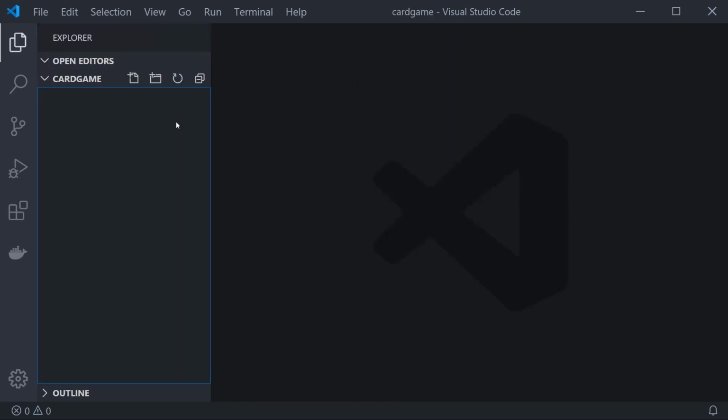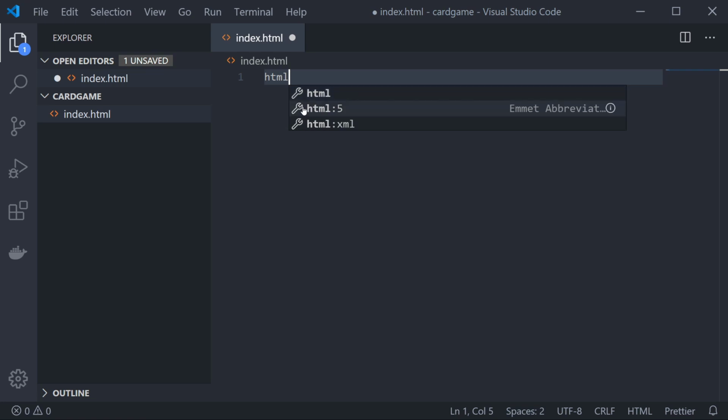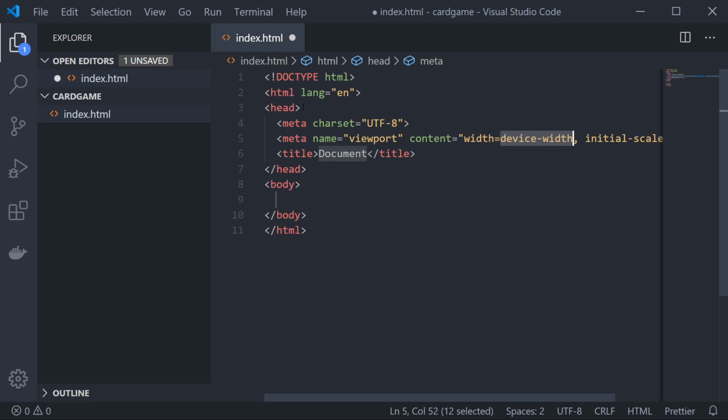So we're in our card game folder now, so we want to create an index.html file, which is going to be the main page for our game. Because we have Emmet installed, we can simply start typing in HTML, choose HTML:5 and hit enter. And that's a nice lazy way of getting us up and running with some HTML. I'm not going to be very creative with my game name. I'm just going to call it card game. And I'll put an H1 in here and call it card game,